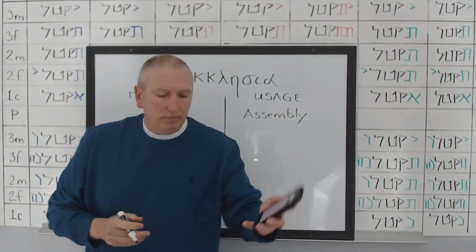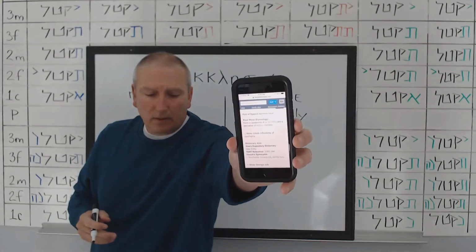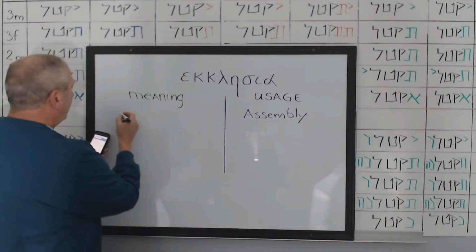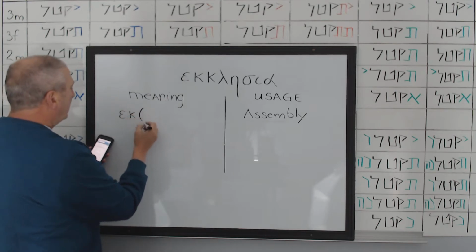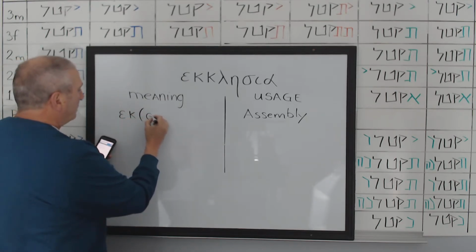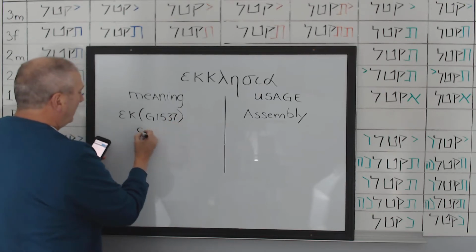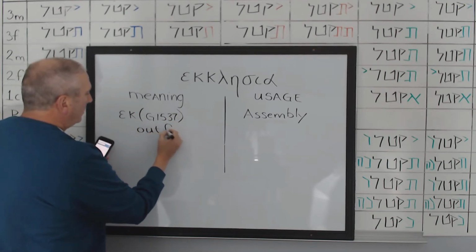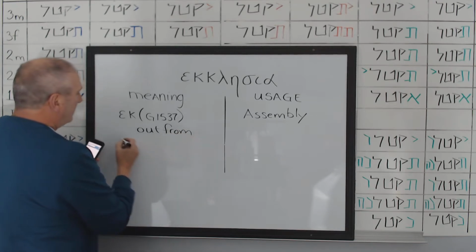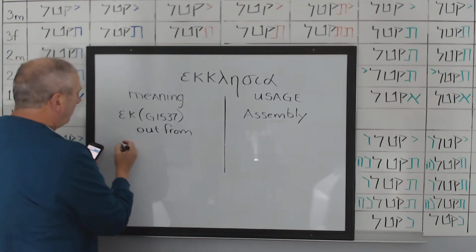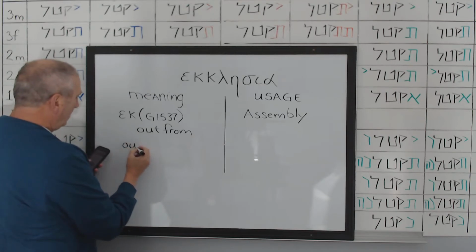So anyway, just go to blueletterbible.org. You can look up the word. And this is from two words, ek, and that gives you the number for those of you that don't remember these numbers. But you can start doing that. That'll help you out. And that's out from, or as an adverb, which is the origin of the preposition. They were once adverbs. So outwardly.